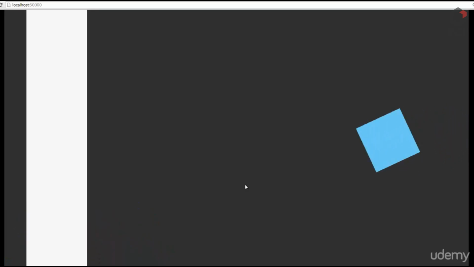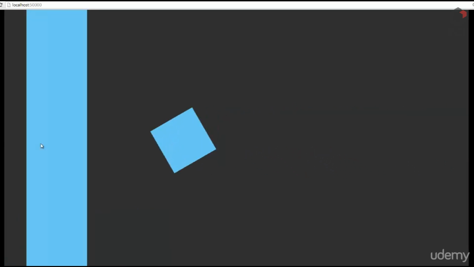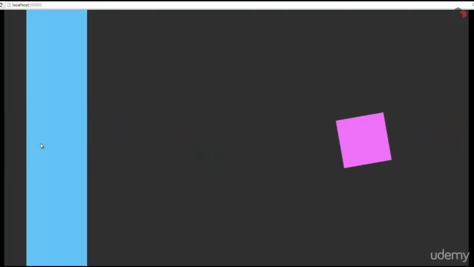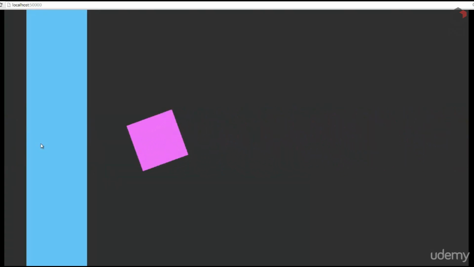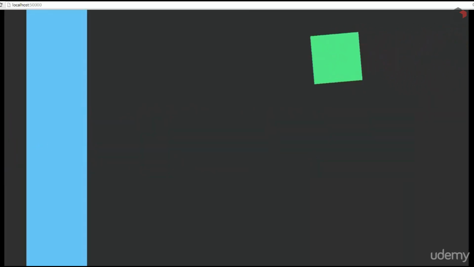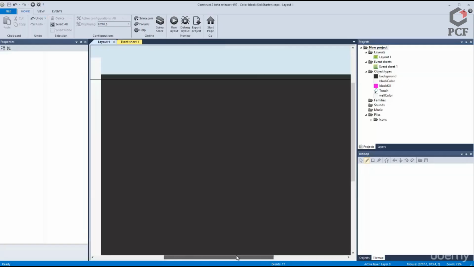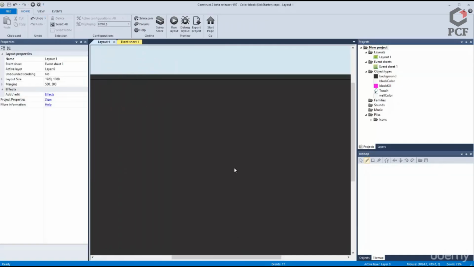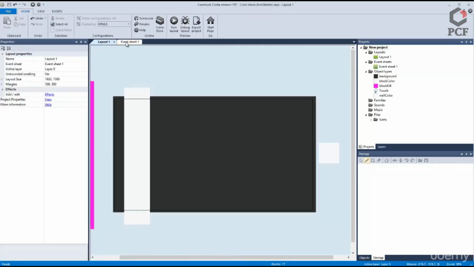We've set up the block color here. We've also set up the block rotation. We set up the block color, and we've also set up the block position. This concludes the tutorial. Next thing we need to do here is we need to go and set up the